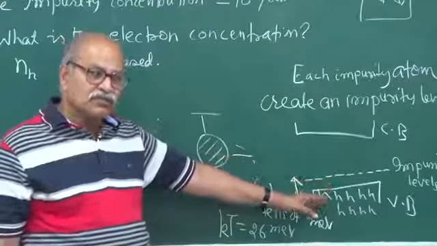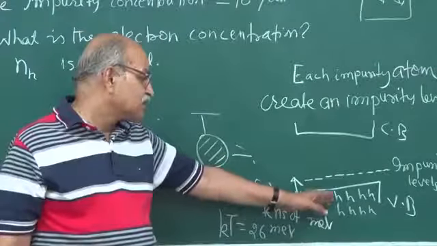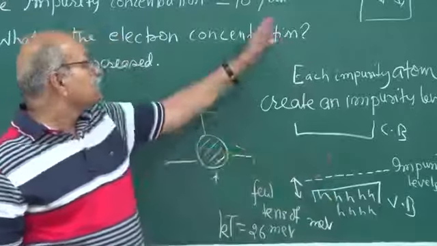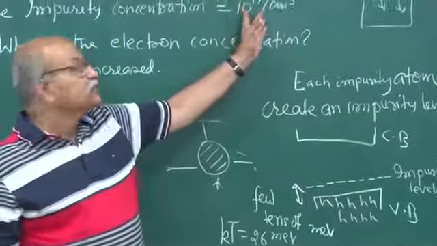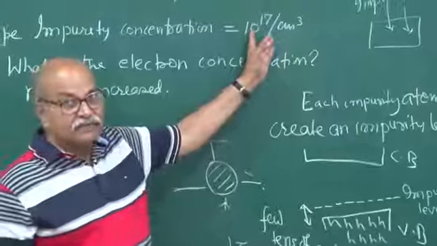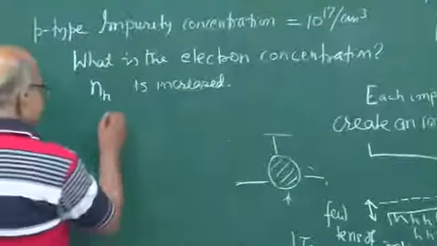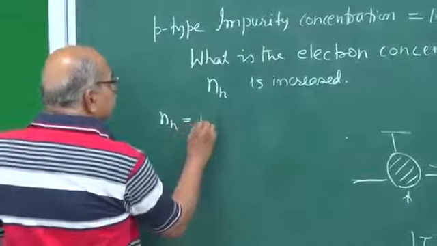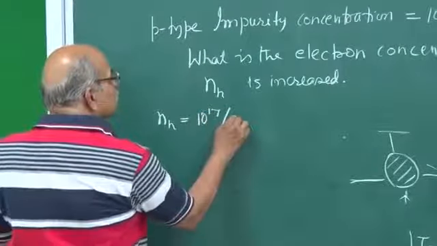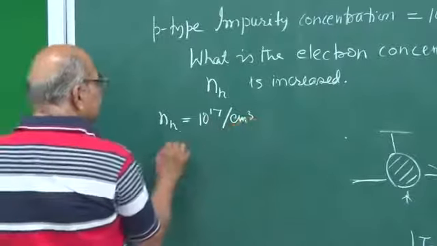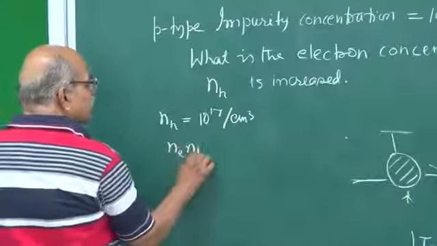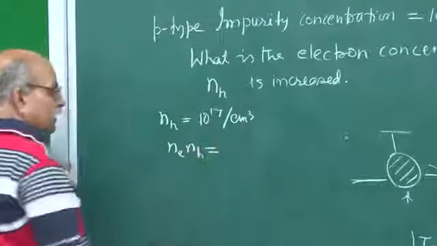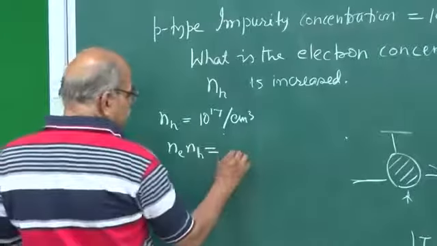So almost the whole concentration will be the same as the concentration of this dopant impurity. So I can take this NH to be 10 power 17 per centimeter cube, and then Ne times NH is independent of doping,